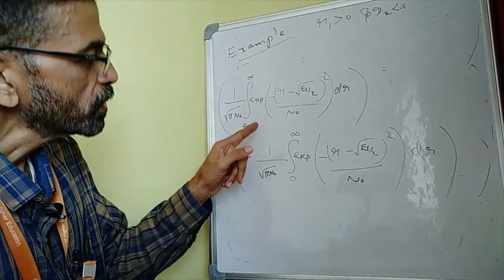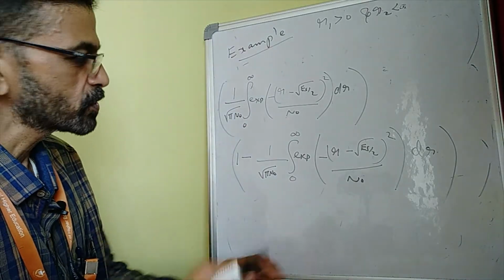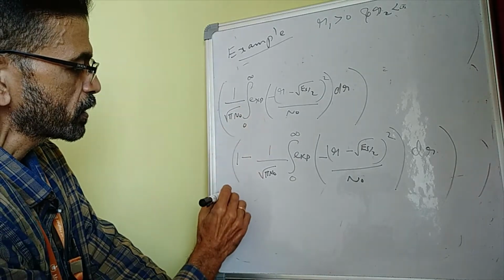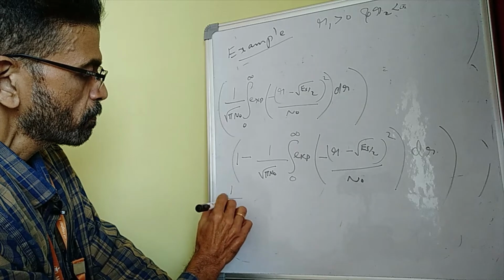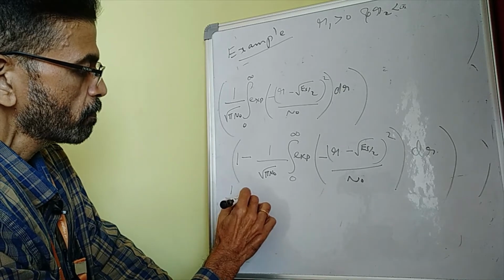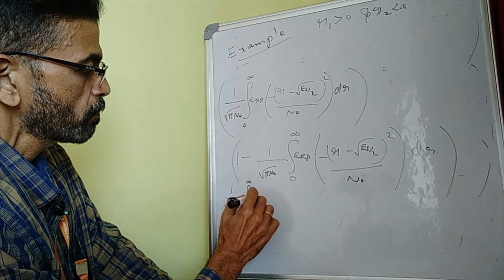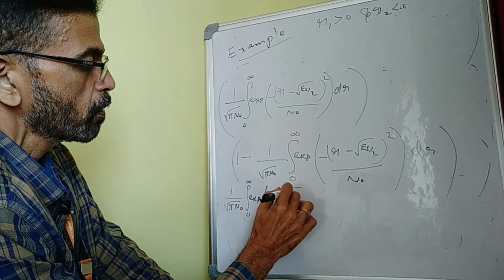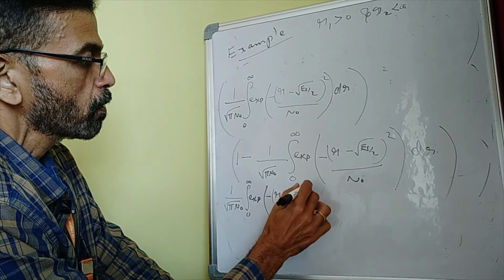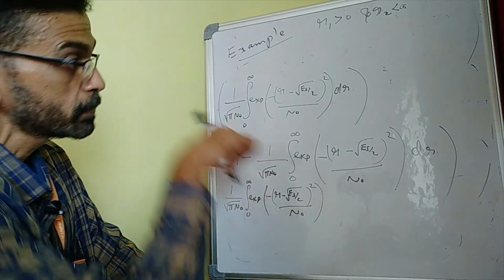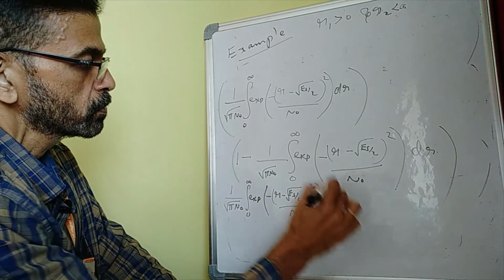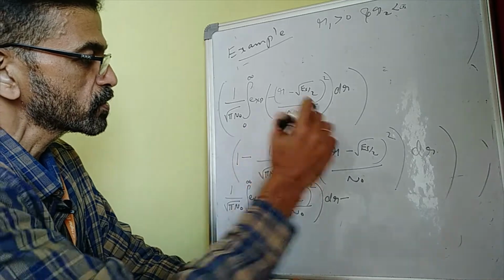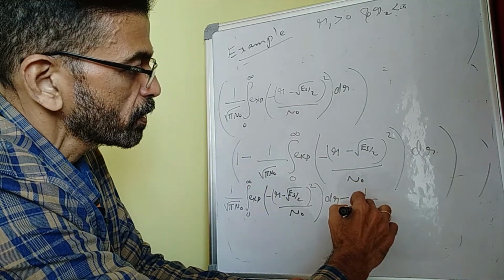Now if I open the brackets, 1 into this, I get the same as this, minus, so this is 1 into this, and minus this into this,